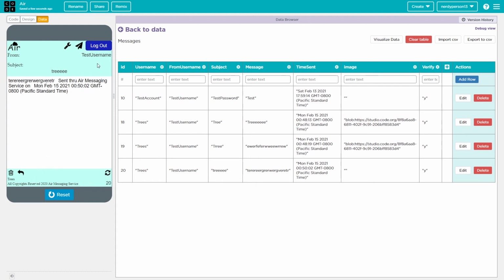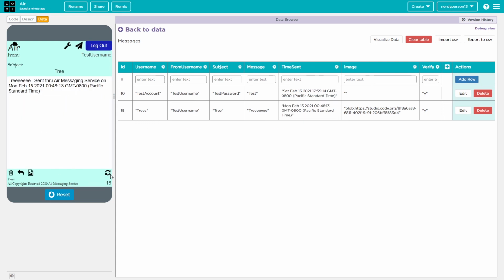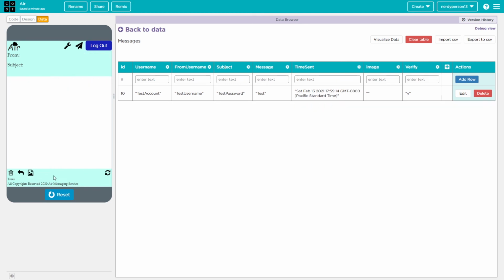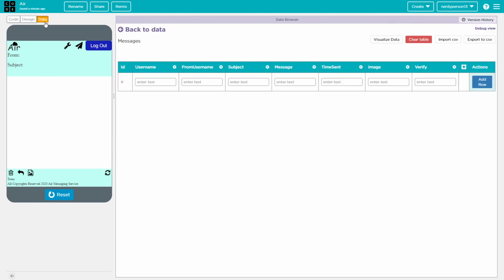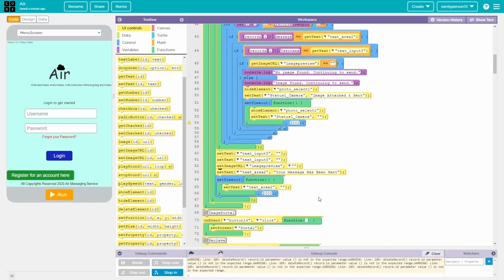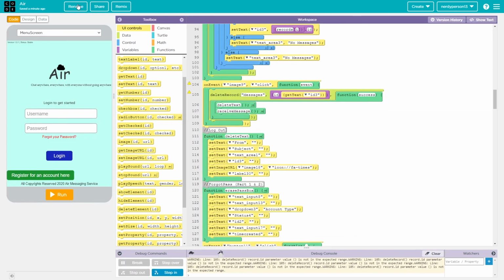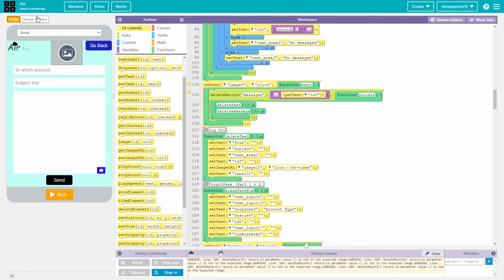I don't really like test username, so I'll just delete that. And now there's another one and it sent me an image. It's a pencil. I don't like it. I'll do it again. Another message. Wow. Delete. And if we try clicking delete randomly, oof, it will actually get rid of the other message, and we don't really want it to do that, so I'm